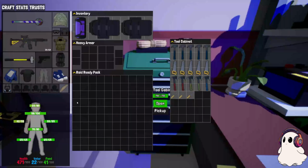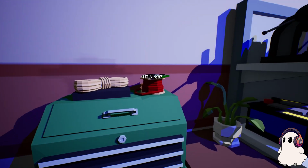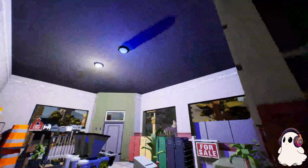Pretty much this is like our personal toolbox, so it has a little bit of everything in it. It has a crowbar on the side, some fiber, some plastic, wire. Oh yeah, and the circuit boards, did I put the circuit board? I did put the circuit boards over there. Okay, good. So yeah, a couple circuit boards, and then in the back here, it does get dark because there's,